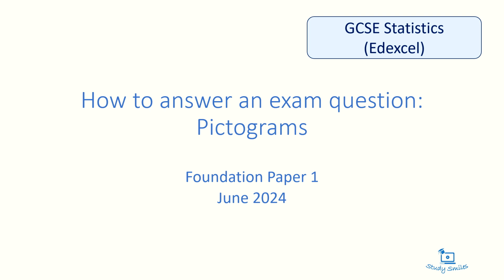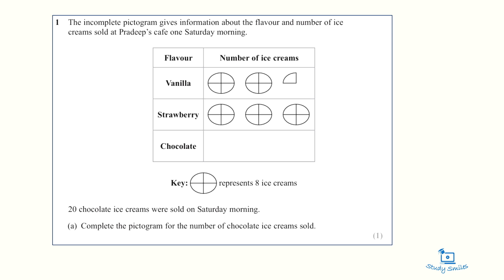How to answer a GCSE Statistics exam question on pictograms. This video uses a question taken from the June 2024 Edexcel Foundation Paper 1. So question 1 says, the incomplete pictogram gives information about the flavour and number of ice creams sold at Pradeep's